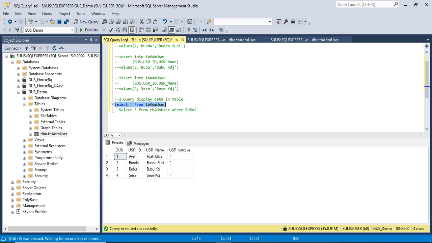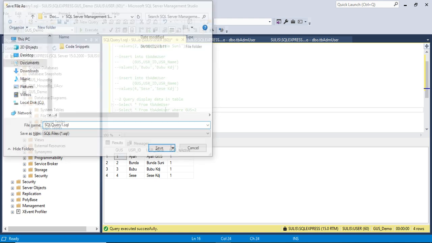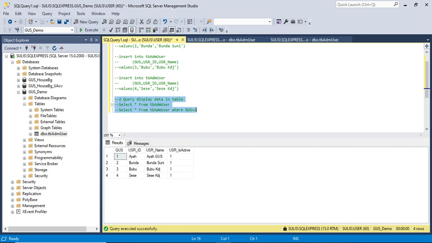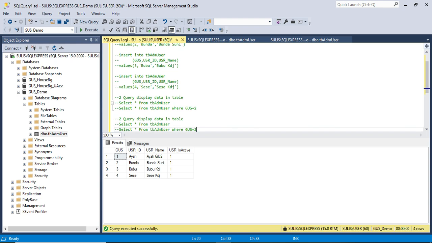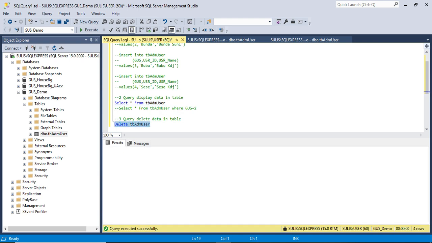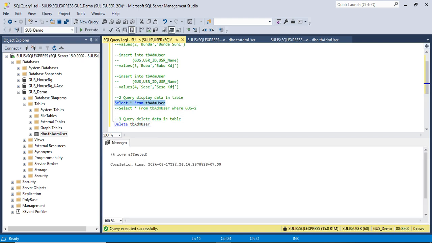Okay. Now one question. What if I want to remove all data in this table? The query will be delete. See, let's check. There are 4 data. Now I will delete it. Let's check.